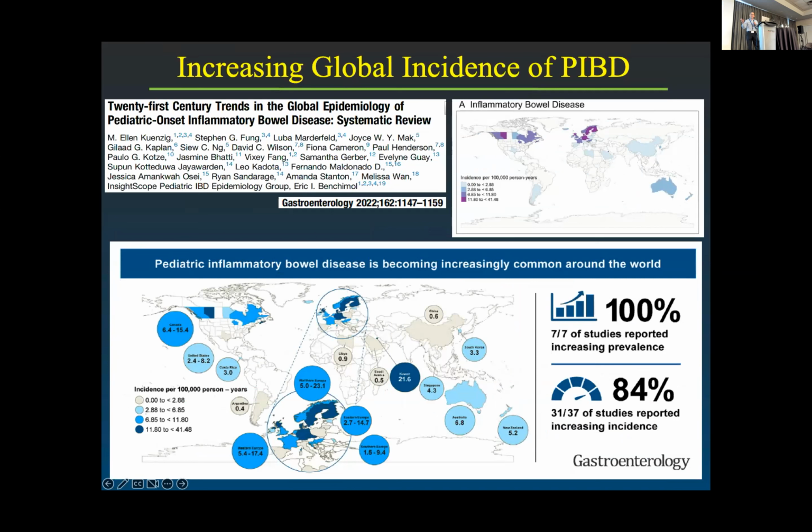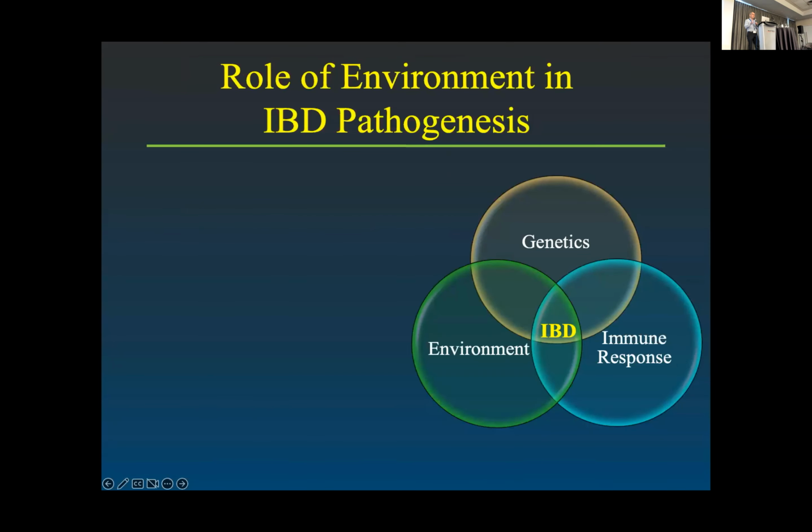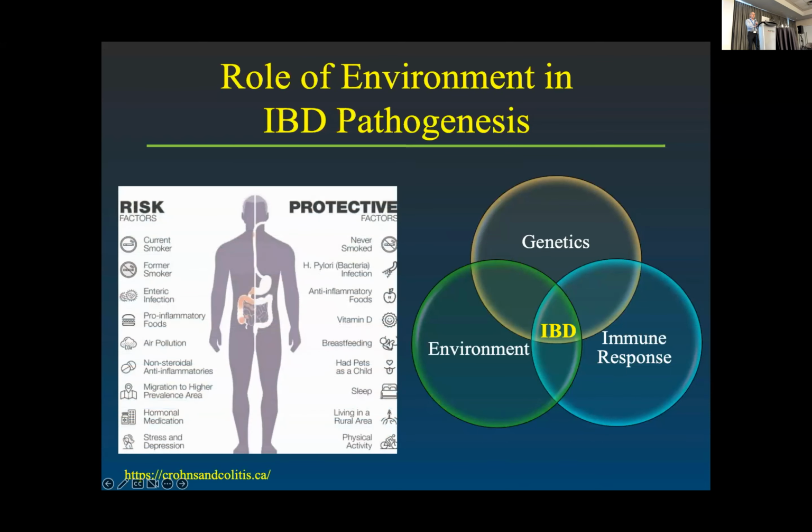So most patients are diagnosed as adults, but 25% are diagnosed as children. And this is where we're seeing the highest increase. This all points in this conundrum of the pathophysiology of disease to the role of the environment, since the environment is what's certainly explaining this dramatic increase. One of the areas that I won't go into too much detail, which is probably the main recent focus of the lab, is how nutrition fits into this. But with this, I just hope that I gave you a bit of an idea of the complexity of the disease.